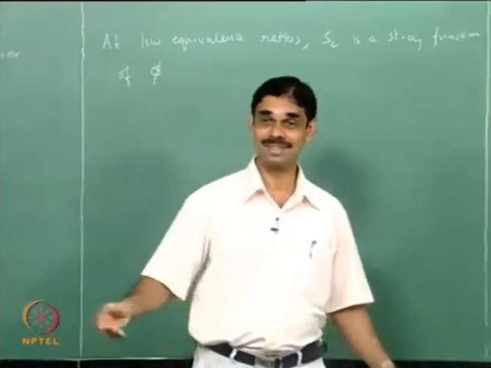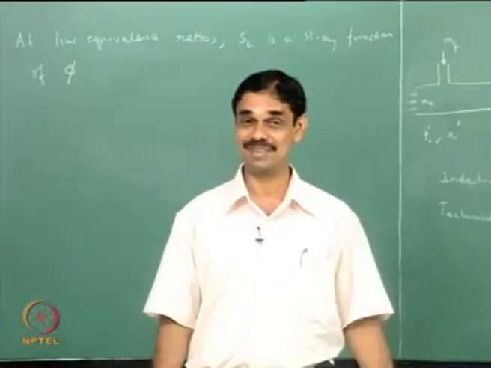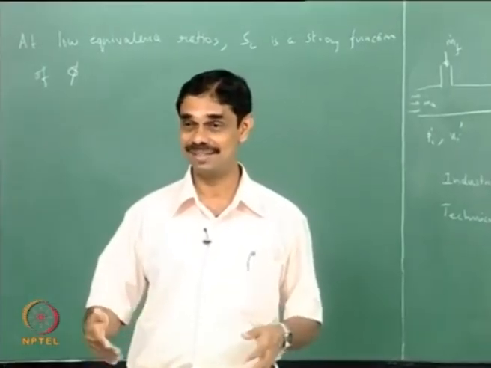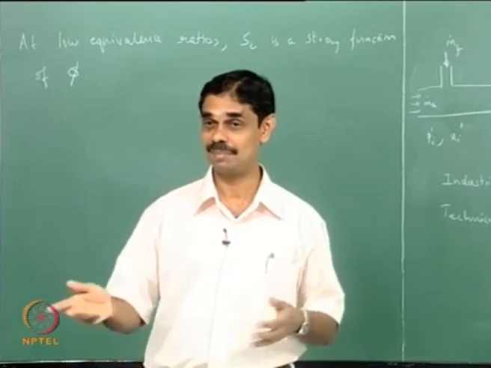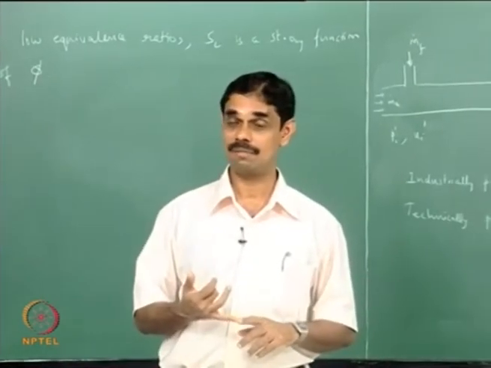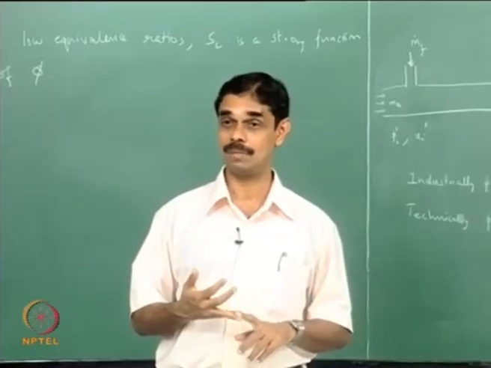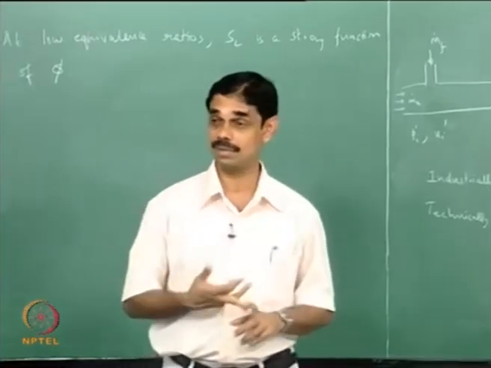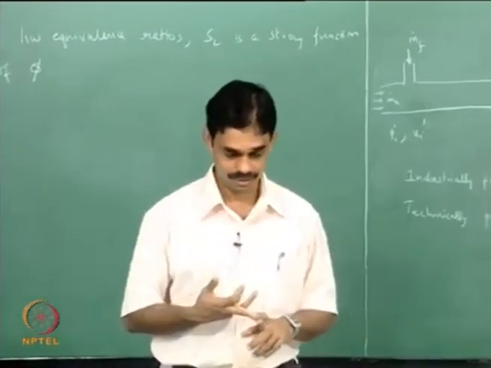M dot is rho A V. That was the formula we remember, and we don't say rho A V is constant. If V is fluctuating, then m dot is fluctuating. Absolutely. So we have both the velocity fluctuations and the pressure fluctuations. Both of them are important. Velocity causes fluctuation in air flow rate, and pressure fluctuations cause fluctuation in fuel flow rate. Okay, so